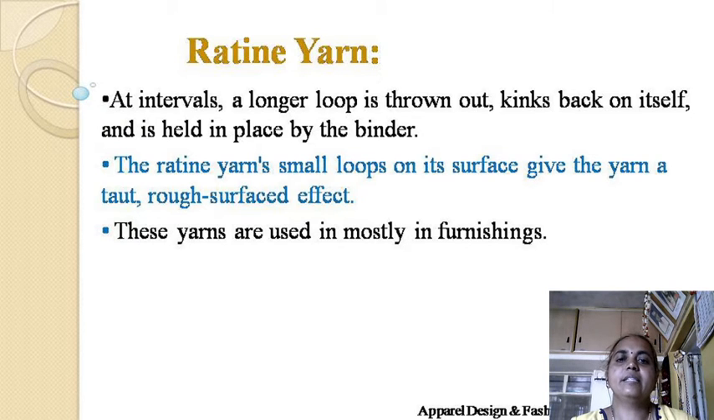The rattan yarn's small loops on its surface give the yarn a taut, rough surfaced effect. So this is a rattan yarn. Small loops on its surface give a rough textured effect. When you touch this rattan yarn, you feel a rough surface because of the loops thrown out. These yarns are used mostly in furnishings. So this type of yarn is used for furnishing purposes because of this effect. And